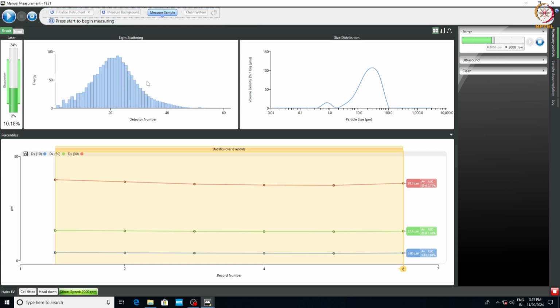So all 5 measurements are now completed. The final value on the graph represents the average of these 5 measurements. So the average value of D50 is 22.6 micrometers, and the D90 is 59.3 micrometers, and D10 is 5.83 micrometers. On the top right of the screen, you could see the size distribution.